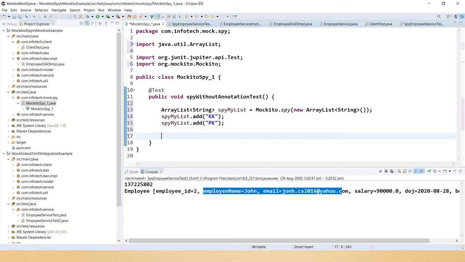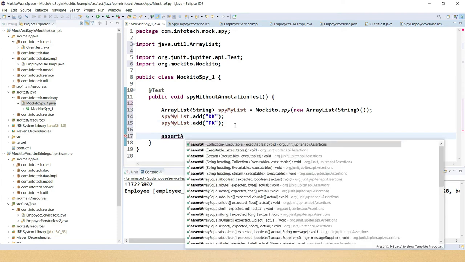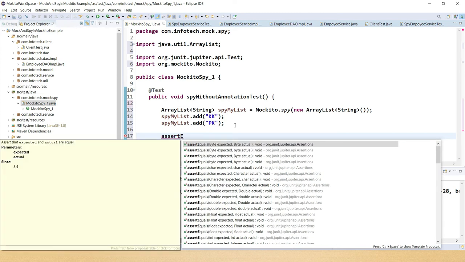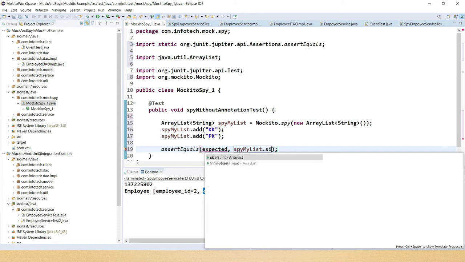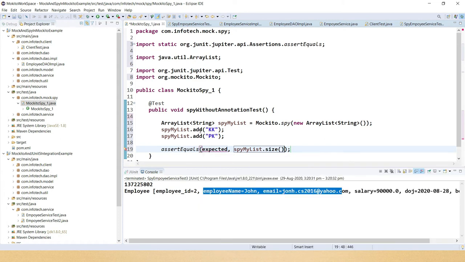And here of course I can use assertEquals, expected, and actual result, I'm calling the size method. So here when you create a spy of an existing instance, then we are calling the actual add method, so size we are expecting as 2, right? And of course this can have a static import as well.